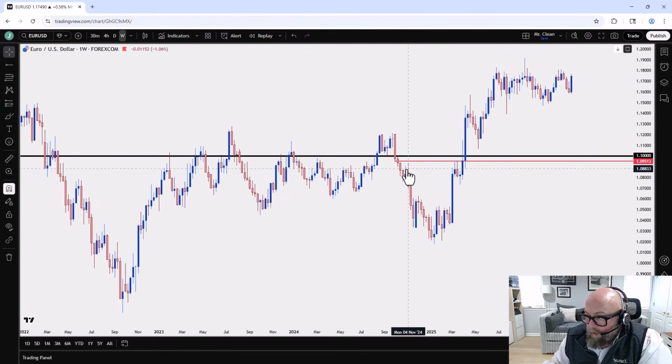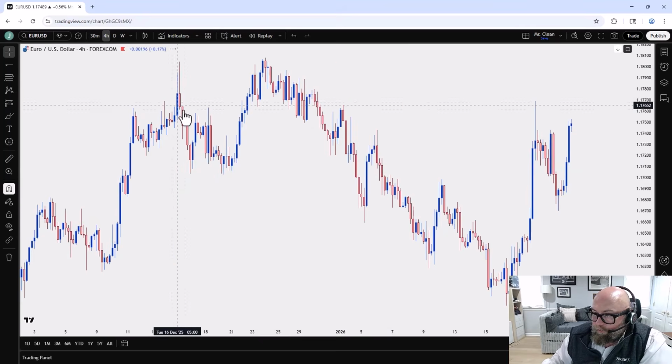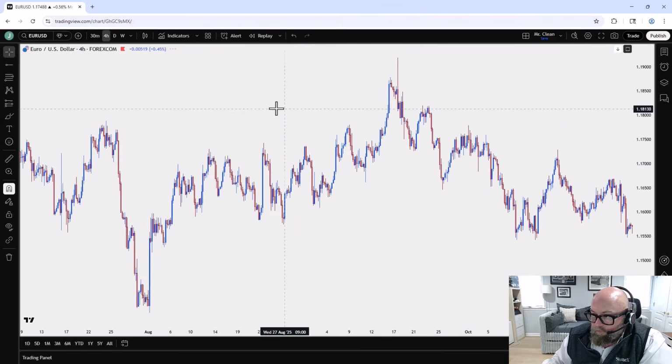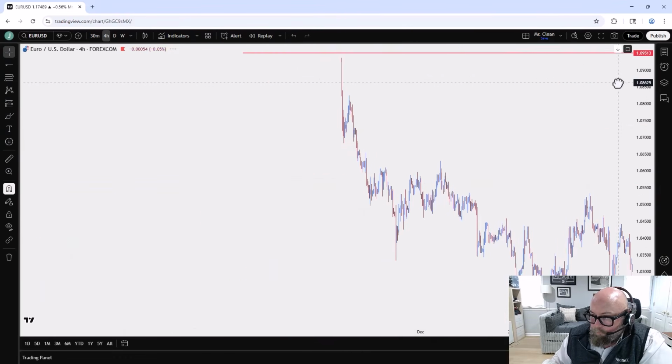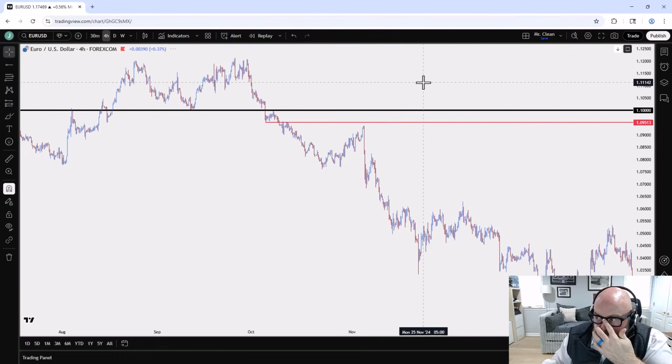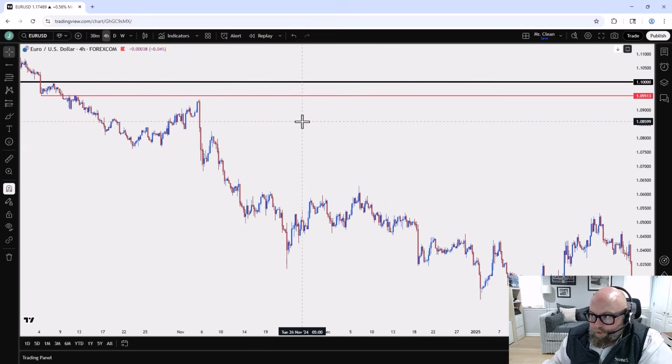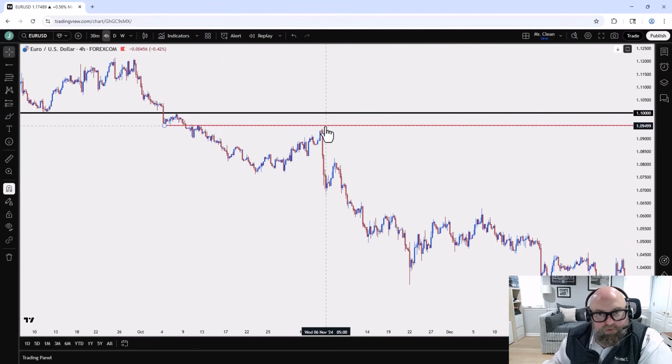And that little pullback is not something I want to get reversed on. All right, I want to look for ways to fade the pullback to go in the trend-side direction. So I'm looking for ways to get resistance. That's the whole point of trend biasing because I know the direction I want. I just don't know exactly how I'm going to get short until I get the resistance hit, until I get the show of sellers at that point of resistance. And then when I get the breakdown, then life becomes a little bit more simple.